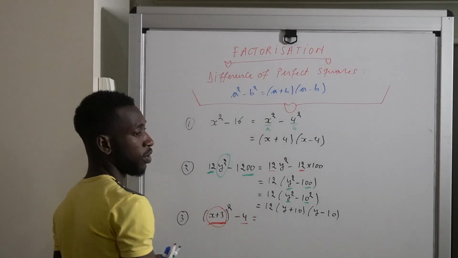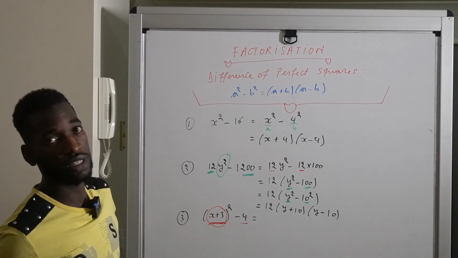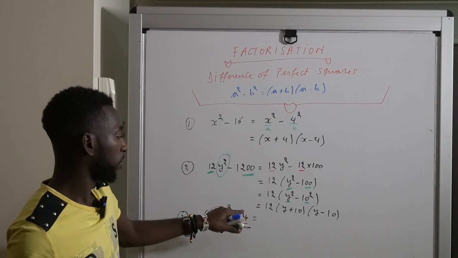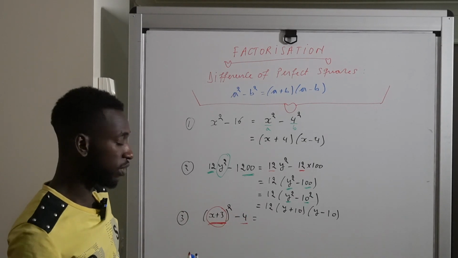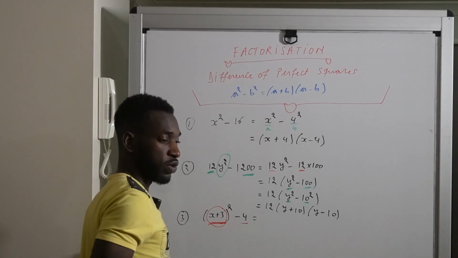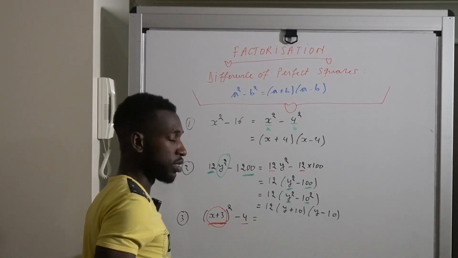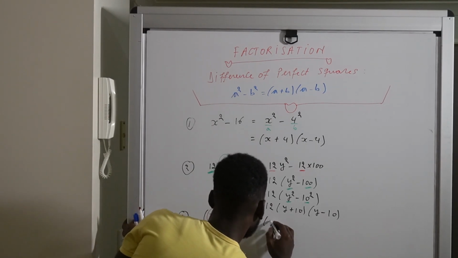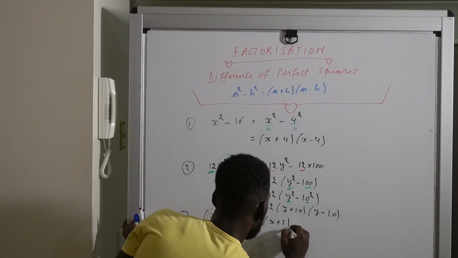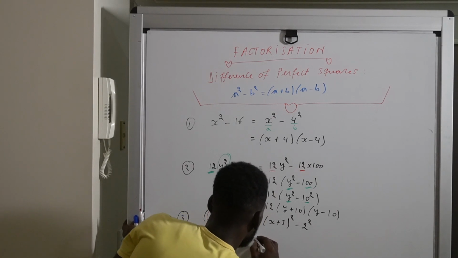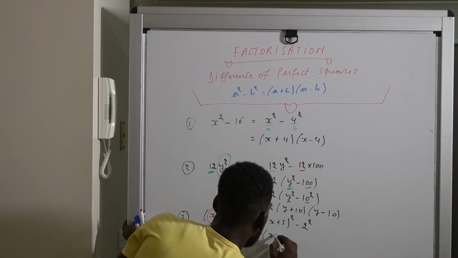You don't add the square, because if you add the square, it will be 4 squared, which is 16. That's not correct. However, you have to transform this so you don't lose the value, you don't increase or decrease, but you keep the same expression. How do you transform 4 to make it square? We know that 2 squared is equal to 4. So what you do on the next line, you have x plus 3 squared minus 2 squared, which is the same as x plus 3,